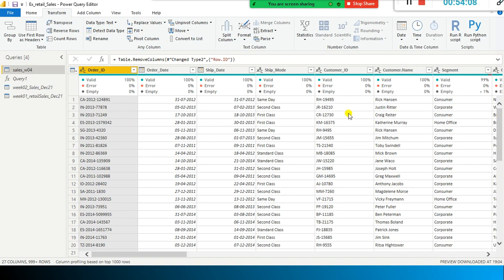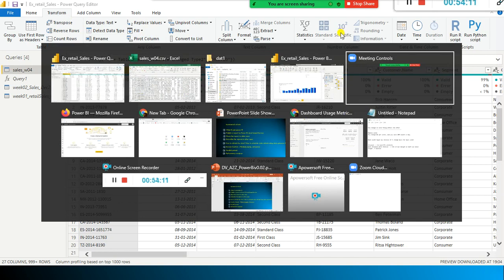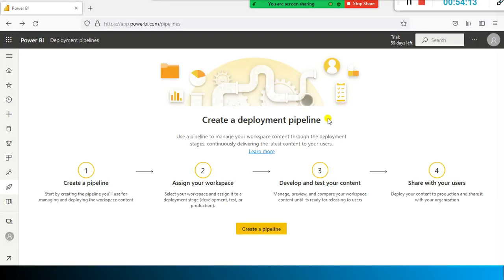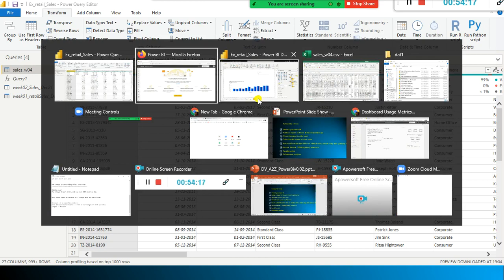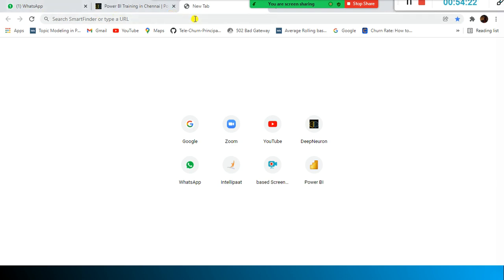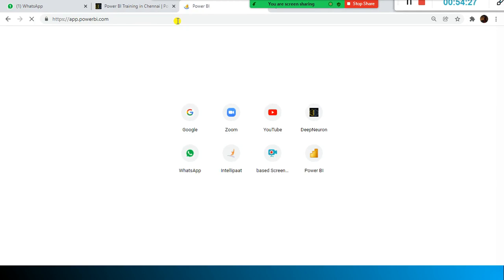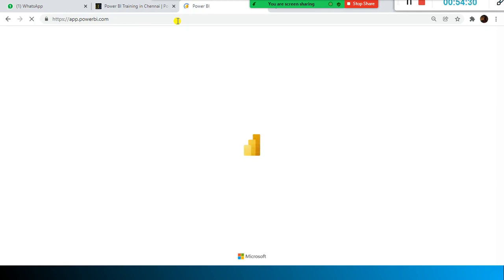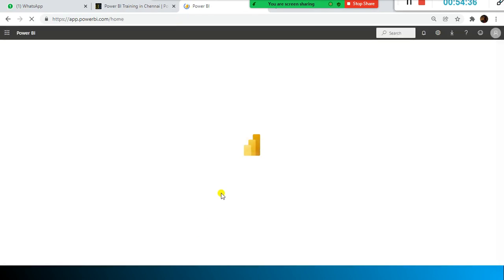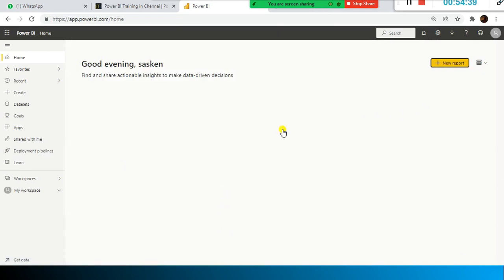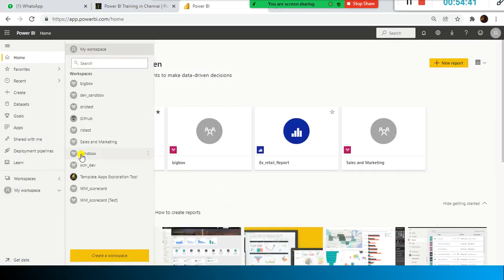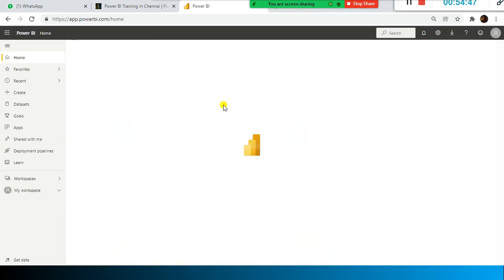Instead of publishing it to cloud, what I am going to do is go here and select a workspace, and let's say something like development sandbox.